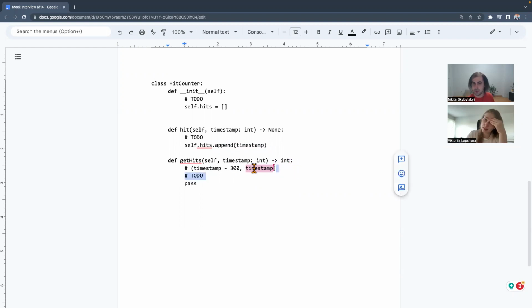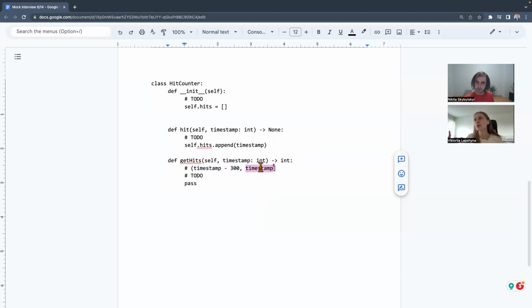You were saying that from the location of this, you do what? We want to find timestamps in this interval, right? Our array stores the timestamps. So what we could do is to find this element in the array and this element in the array and calculate the number of hits between them.